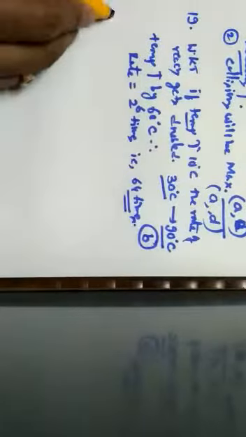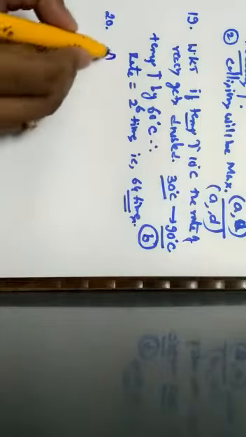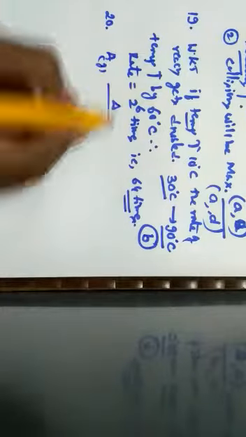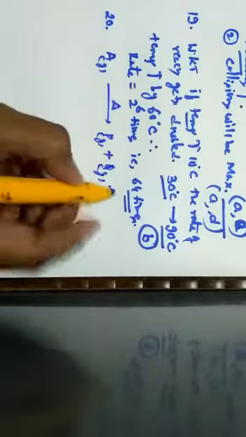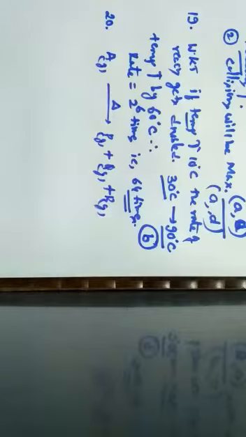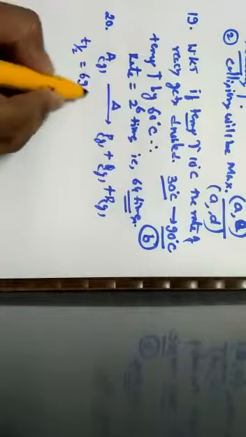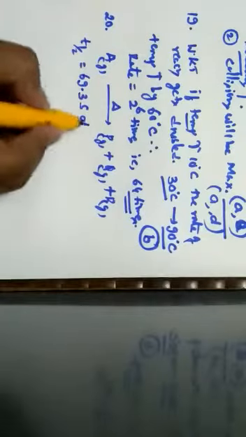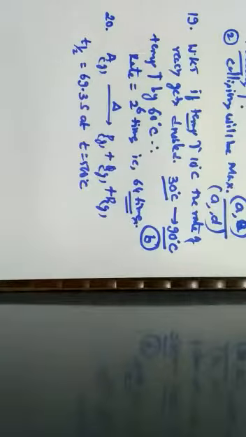Next one, question number 20. So when we go through question number 20, here an equation has been given, that is A, which is present in gaseous phase, upon decomposition gives rise to P in gaseous phase, Q in gaseous phase, as well as R in gaseous phase. Follows first order kinetics with a half-life. So they have given T half. T half is 69.3 seconds at 500 degrees Celsius. Starting from the gas A enclosed in a container at 500 degrees Celsius and a pressure of 0.4 atmosphere. The total pressure of the system after 230 seconds will be.